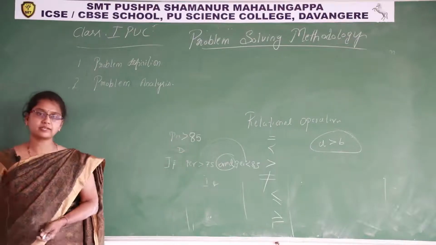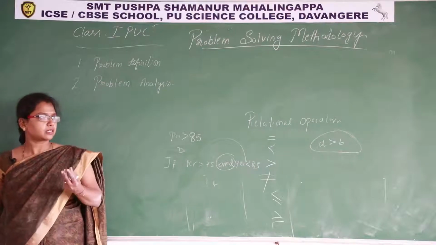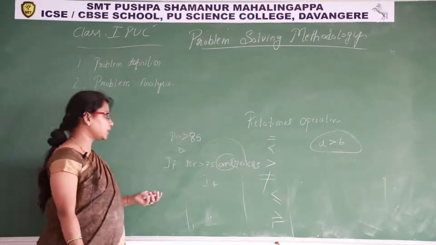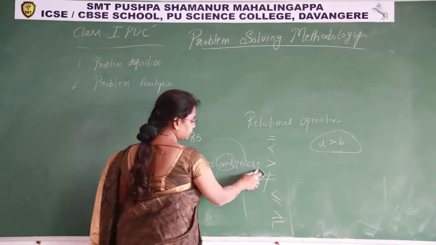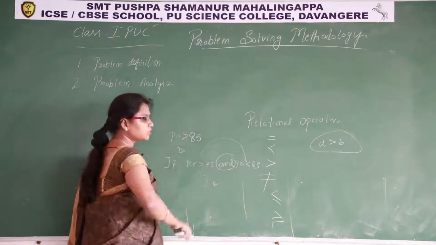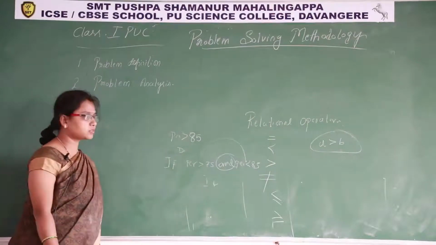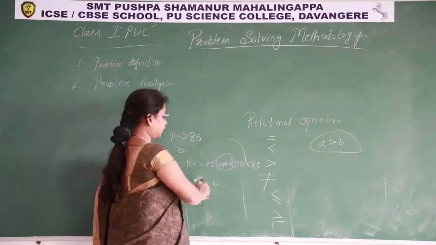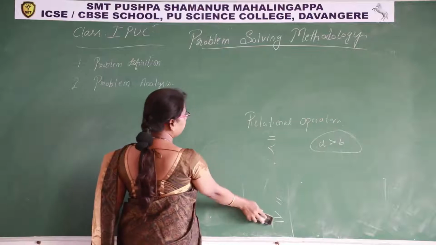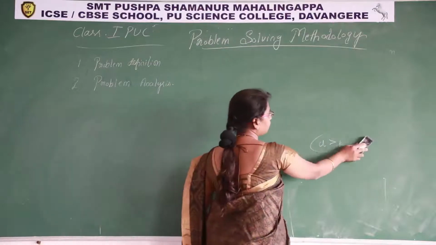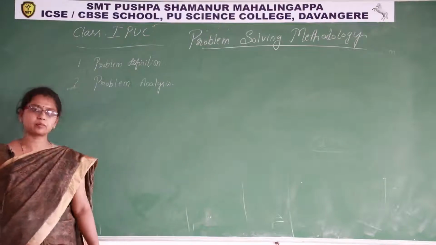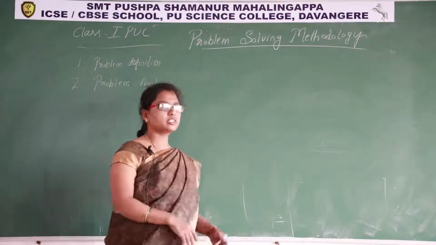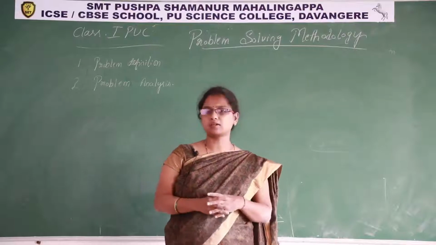A logical operator is a conjunction; it combines 2 or more relational expressions. This is one relational expression and it is another relational expression. How to combine these 2 relational expressions? By using the logical operator, that is the AND operator. Like that we have the OR operator, the NOT operator, different operators are there. We'll study the operators in our programming language. Now we shall study as a general talk.